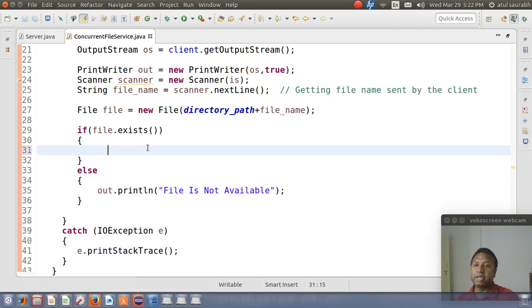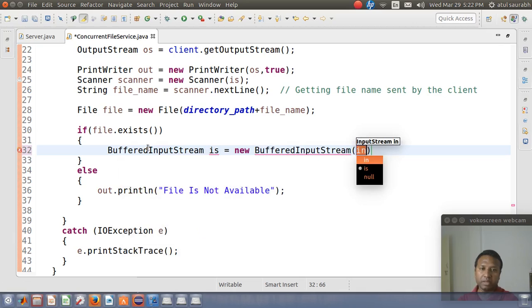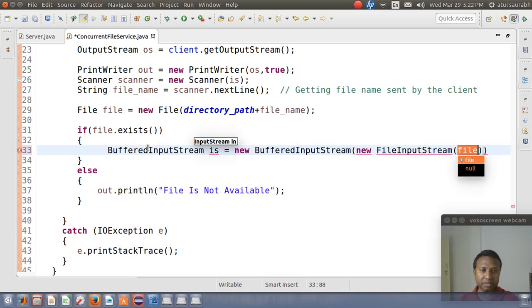Otherwise, if the file is available in the system, then we need to have a buffered input stream equal to new buffered input stream, and then we use new file input stream, and then we will pass the object of the file.